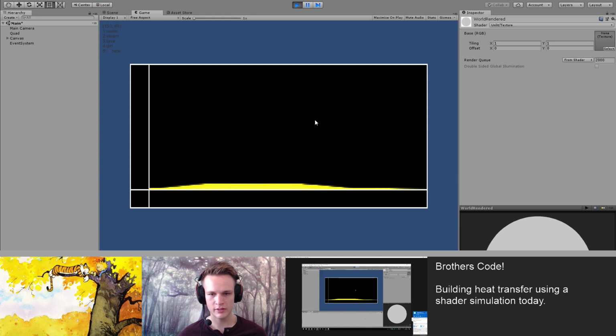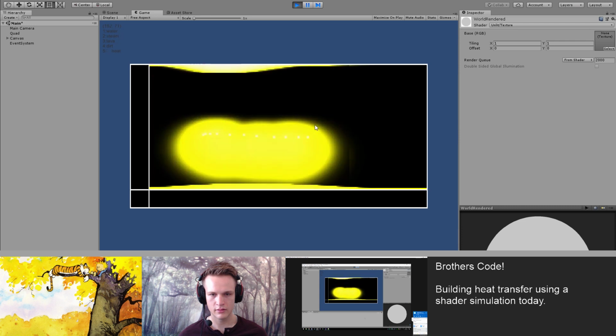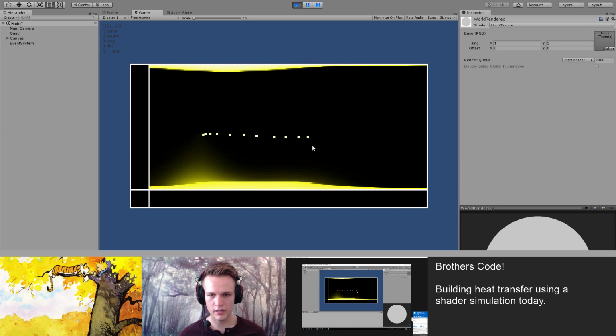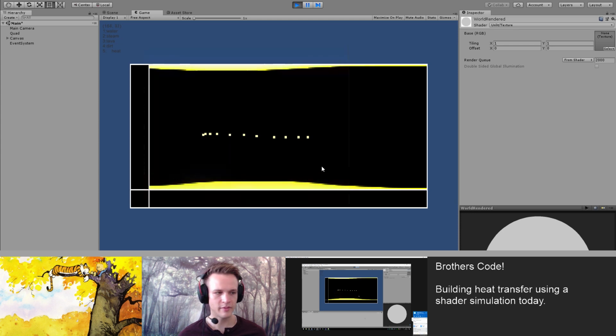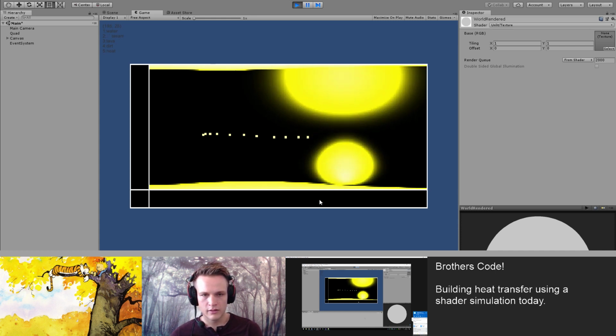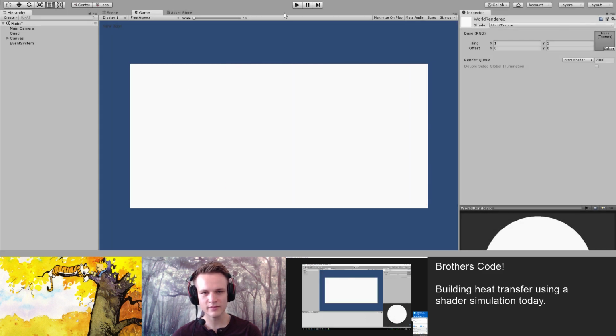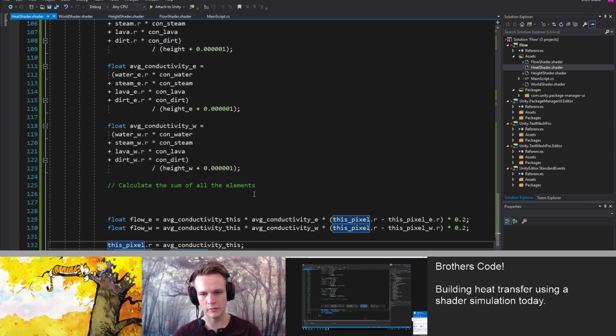So I mean, that's good, right? Dirt, lava, steam work. Heat you can't see because it doesn't have any conductivity. Wait, why is there a weird little box there? Did you see that? Or no, that might have just been a screen sharing artifact. Yeah, it's a screen sharing artifact. Blorp, blorp. Okay, so that clearly works.